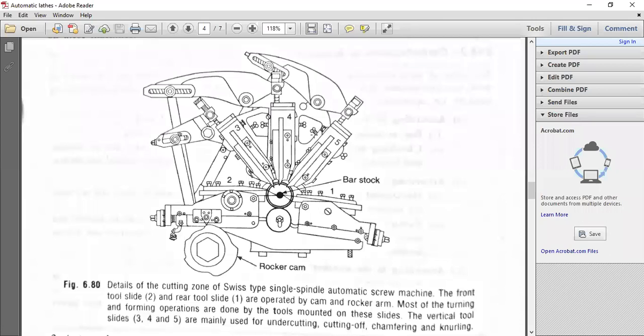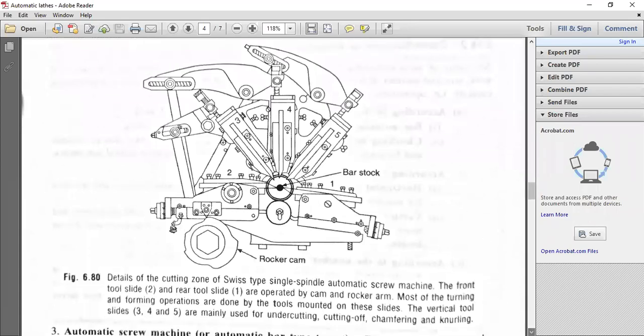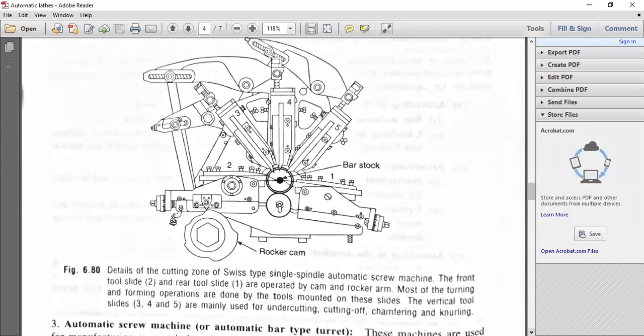3, 4, 5 are the vertical tool slides. Vertical tool slides are mostly used for other operations, not conventional or frequent operations. They are used for undercutting, parting operations, cutting off operations. Parting or cutting off is one and the same. Chamfering operations are done to avoid sharp corners, and knurling operations,